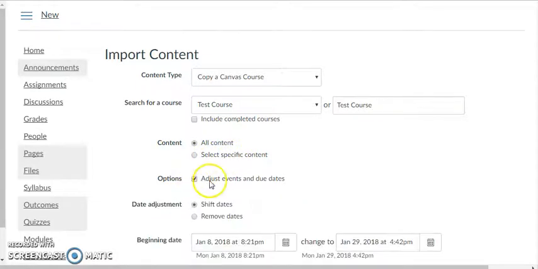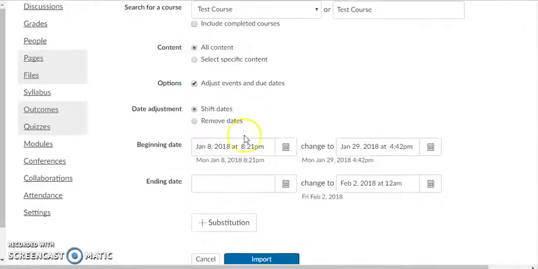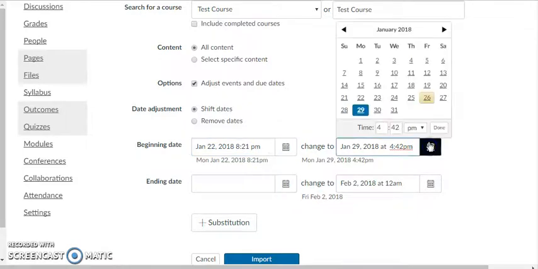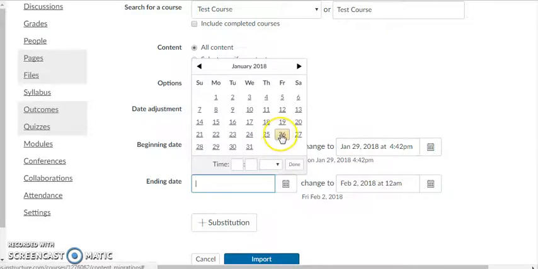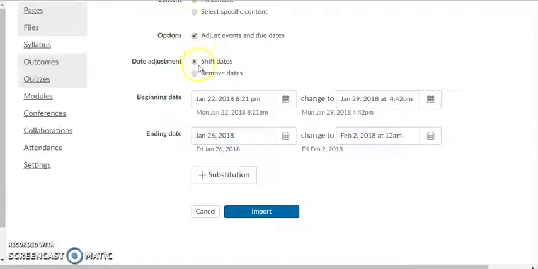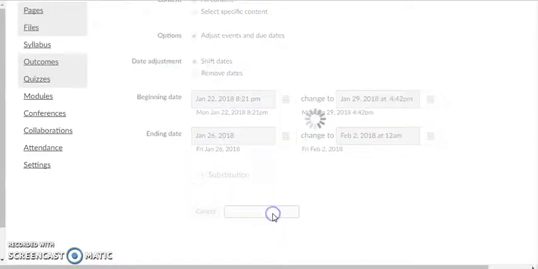So let's go ahead and do adjust events and due dates, which is a really good trick that you can shift the due dates. So here, as you can see, the course that we are going to export, when did it begin? So we chose this because that's how it is. So we want to change it to this, right? And the old course ended on the 26th, and then we want to change it to end here. So this would shift the due dates. And now we click import,